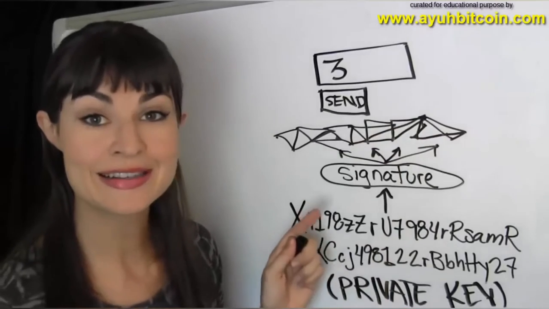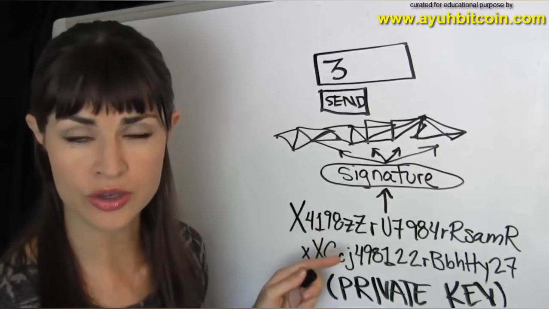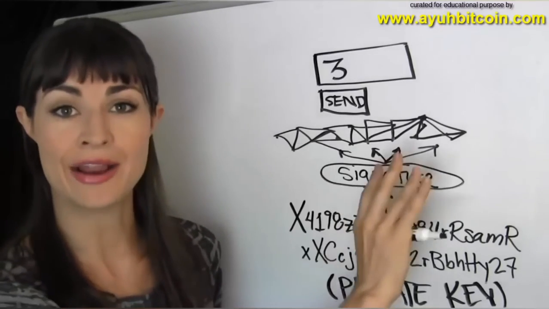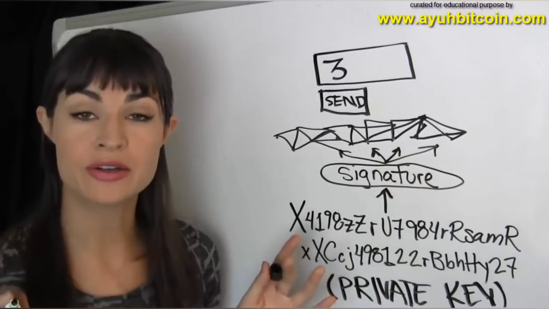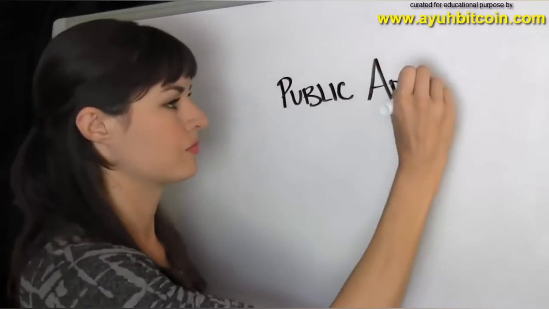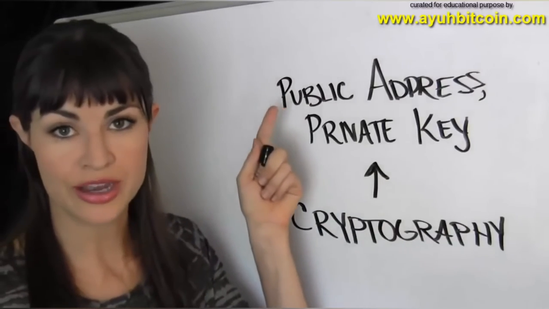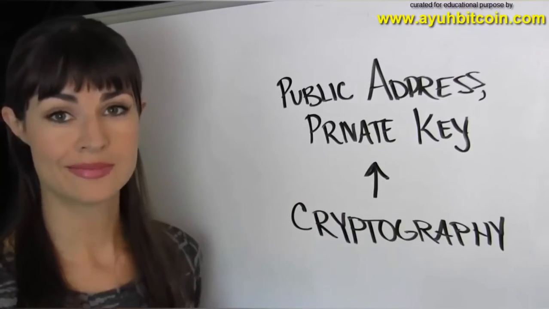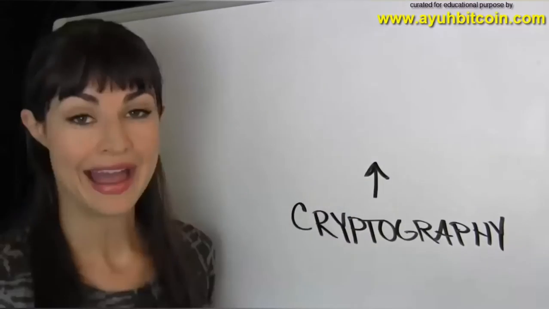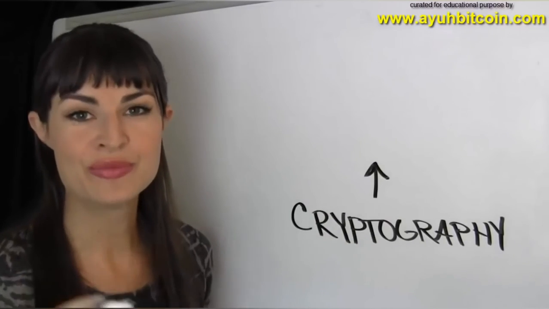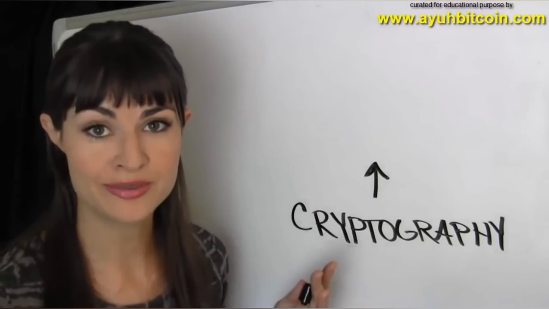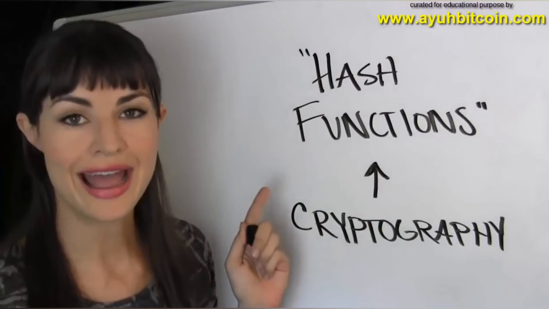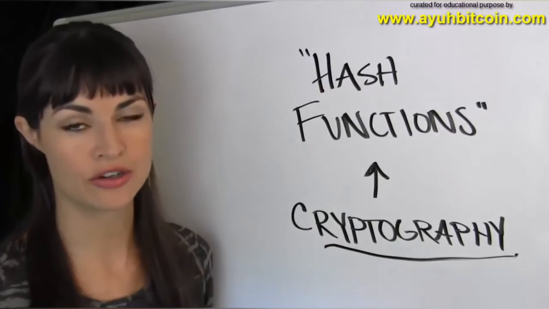What your wallet is really doing, however, is creating a signature of your private key that only you know, that broadcasts the amount you want to send and to whom to the entire rest of the network so that they can update their ledgers accordingly. So that whole public address, private key thing, the stuff that's mostly managed by your wallet, that's the cryptography bit. See, I told you it wasn't that hard.